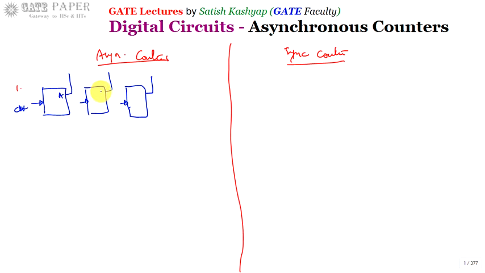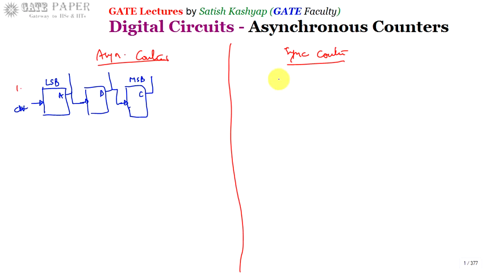Say it is A, and this is B, this is C. The output of A is used for clocking the B flip-flop. That is, the clock for the B flip-flop is taken from the previous stage flip-flop output, and the clocking for the C flip-flop is taken from the output of the previous stage, that is the B flip-flop. So like this, the external clock is only applied to the LSB flip-flop. The flip-flop which is connected to the external clock is always treated as LSB, and the last flip-flop is treated as MSB. Okay, so this is an asynchronous counter.